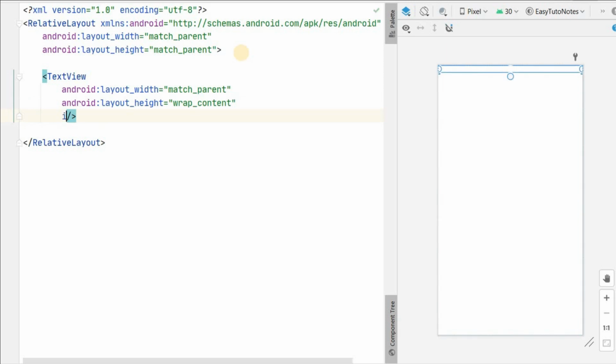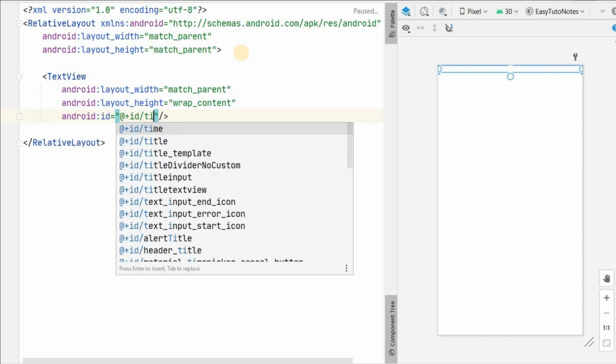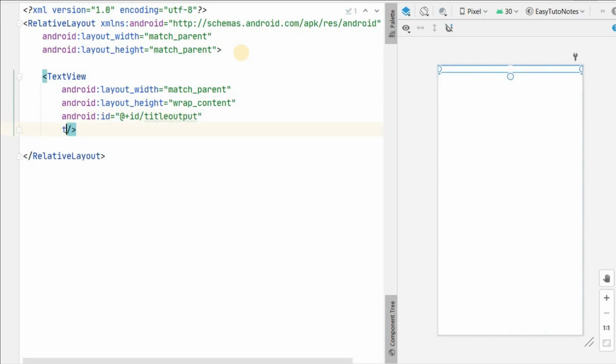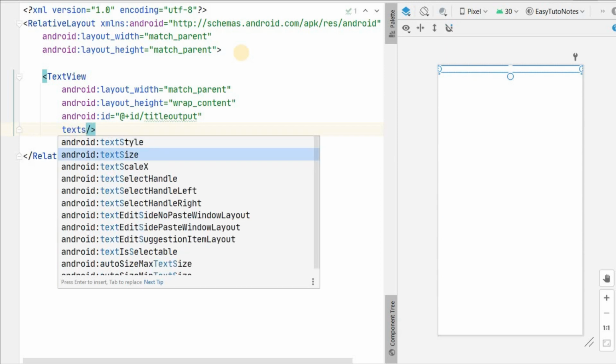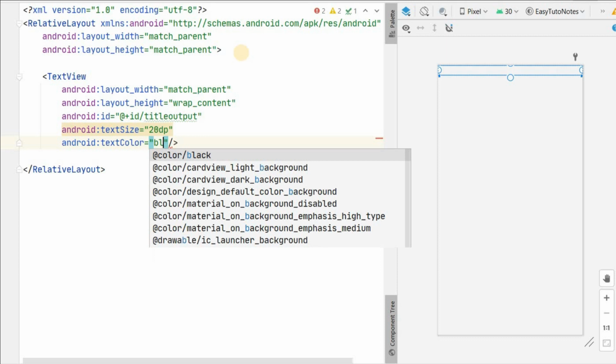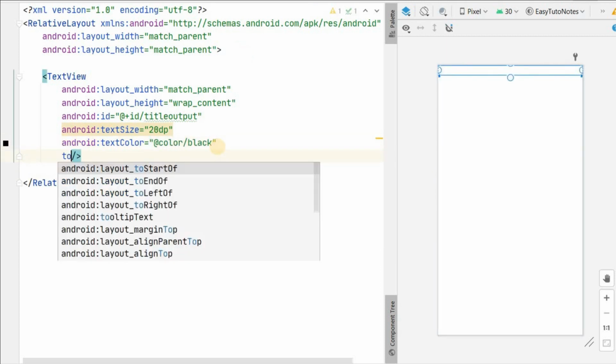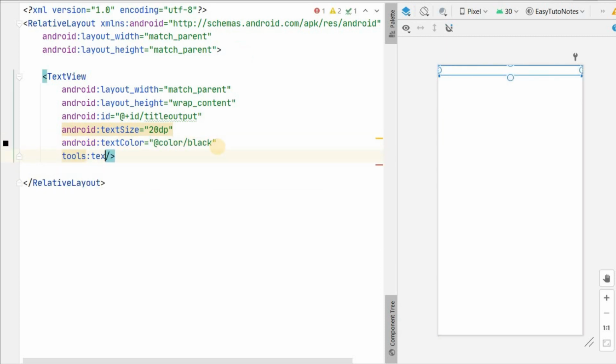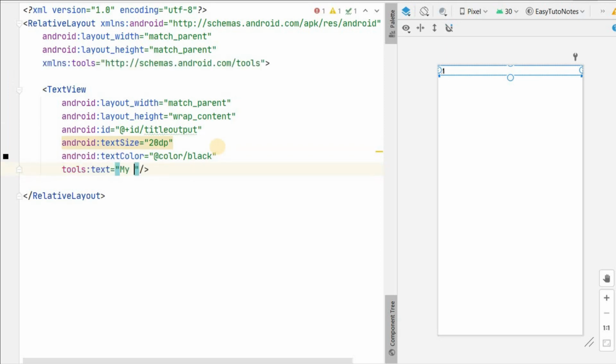I'll give the ID title output, change the text size to 20 dp maybe, and text color black. So I will add tools text, my title. So we can see that, my title, over here, and I will copy paste this.